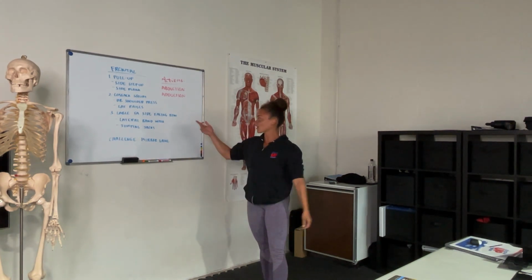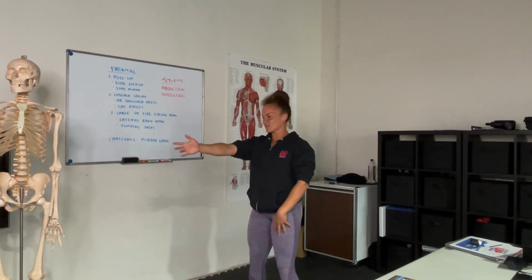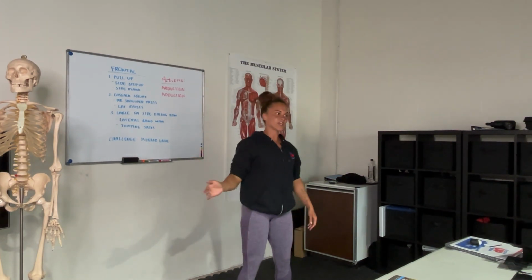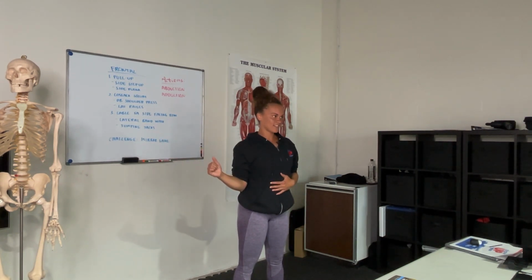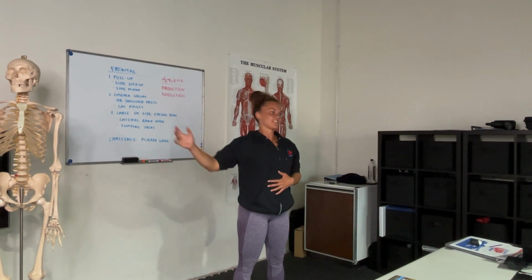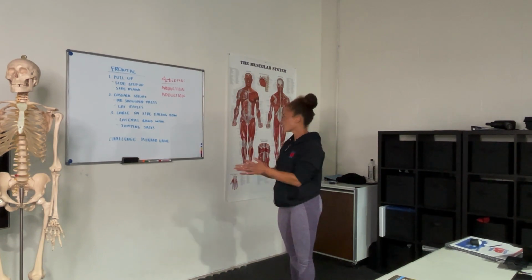Next, cable, single arm, side facing row. So a normal row with the cable, you're here. Sideways, you're coming here. What is my arm doing there? Good, bringing back to the body's midline. So we have that one, lateral band walk. You guys know what that is, going side to side. So when I step away,